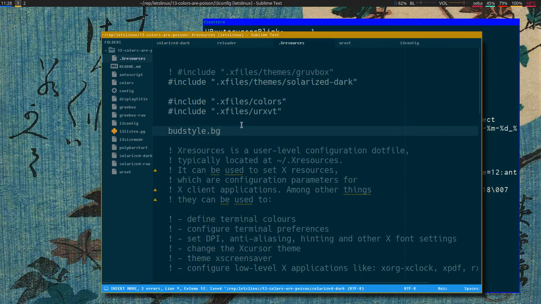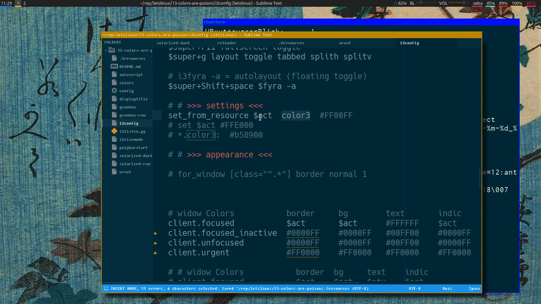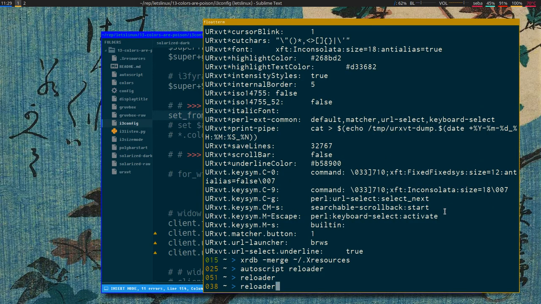But we could call this bg1, and then you put a colon. This is the difference from creating variables. You name your resource, and then you put a colon, and then the value. So we could have a value of black here, for example, like that. And in i3 config, instead of loading this color 3, we can load our bud style .bg1, and